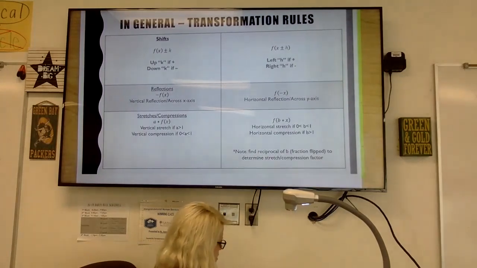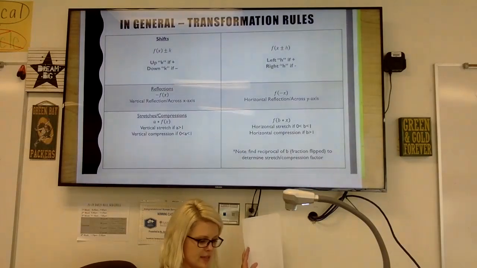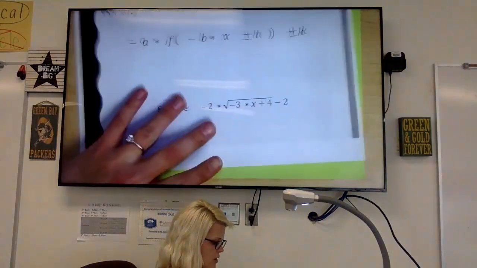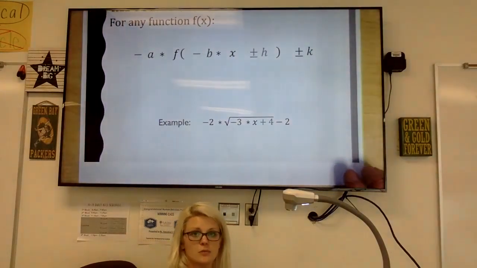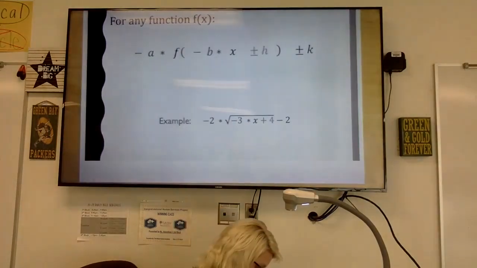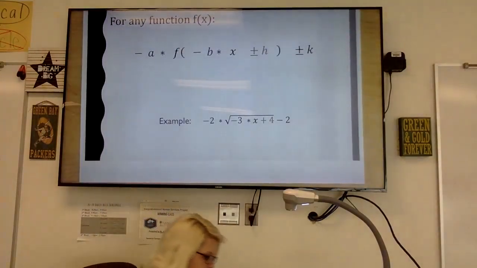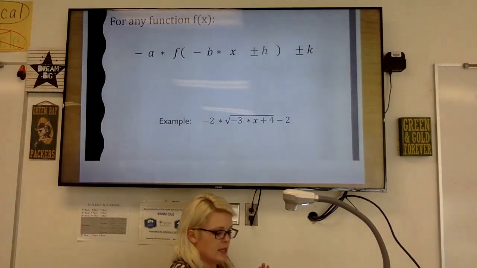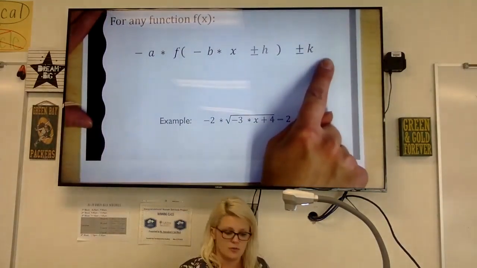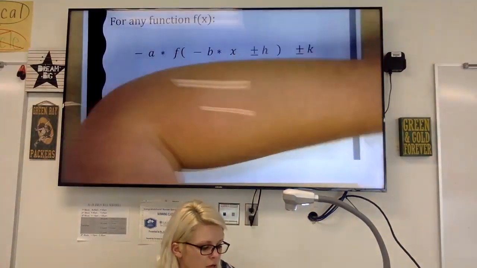And then we have one more page, to kind of bring it all together before I let you go for practice here. So in general, when I originally made this lesson, this had beautiful color coding and it was very nice, but obviously you can't see that right now. In general, these are all the possible changes that can happen to a function. And what I want you to notice, first of all,